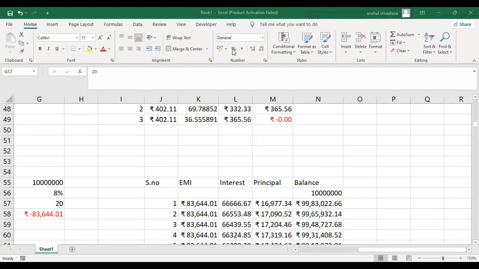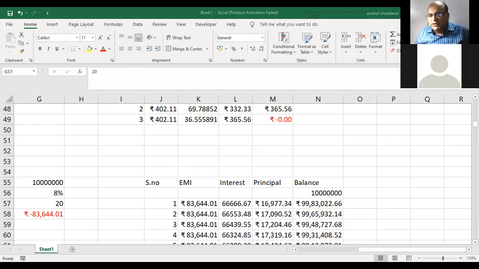Yes, loan rate is nominal rate. Divide the loan rate by 12 as well. 8% is a nominal rate. Why? Because loan rate is always considered a nominal rate. So the loan rate we have to divide by the number of periods if it is monthly. And mostly loans are monthly, no? Quarterly loans and half-yearly loans were rare. So this is the first part of the question.